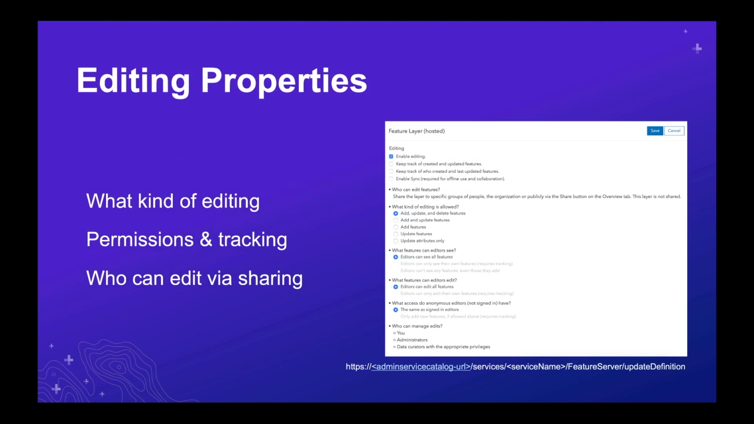One specifically that I want to talk about is editing properties. We give pretty good fine-grained editing control when you want to interact with these services in your app dynamically. ArcGIS does a lot of really cool stuff when it comes to transactional editing in a database and then distributing that data into maps and applications, especially at scale. So for editing properties, you can control what kind of editing is allowed. Can you add or update, delete features, just add features, etc. You can also add different permissions and tracking, so can editors view data or can they only add data? And then